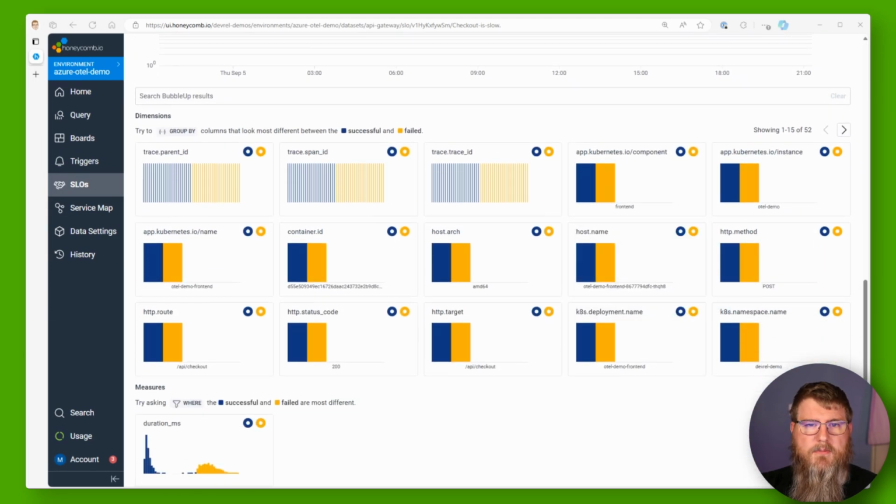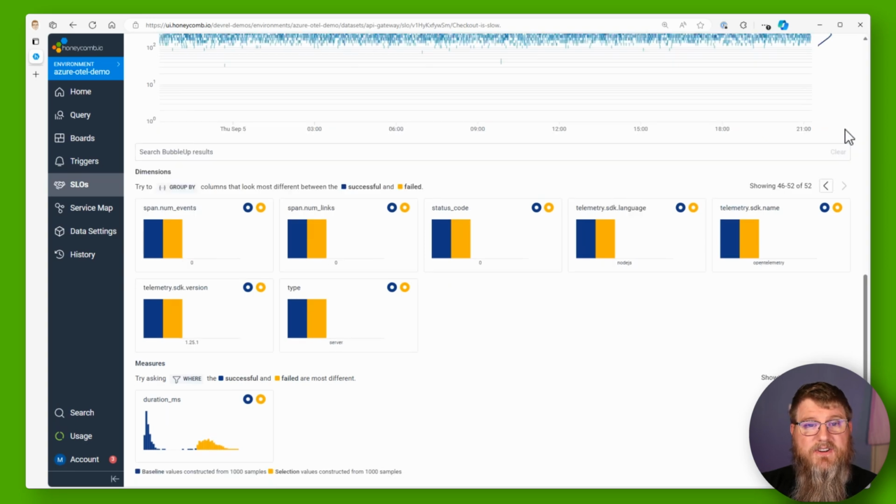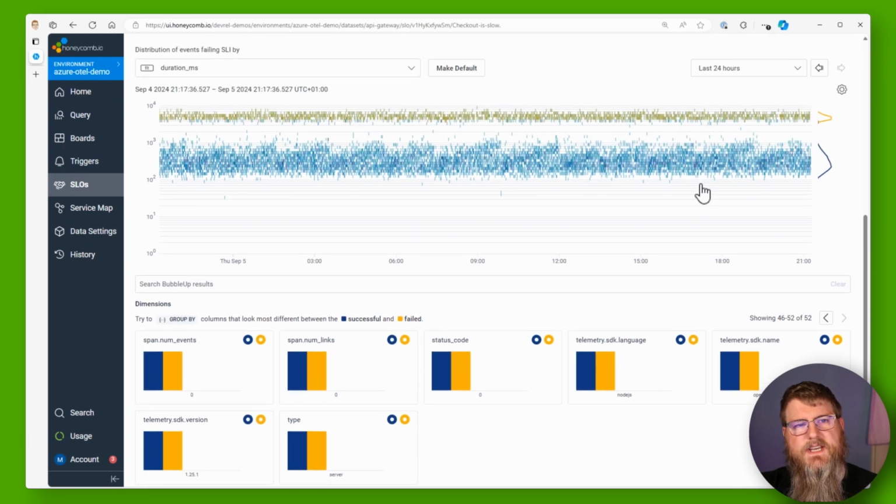Now we use something called bubble up here. Now this is going to take all of the attributes from the good events and all the attributes from the bad events and match them together to see whether there's anything that ties them together. Now if we click through here, we're looking at this and saying, well, everything is the same. It's an even distribution. So it looks like there's nothing identifying which ones are the problem areas. So let's scroll up and have a look and see if we can look through any more data.